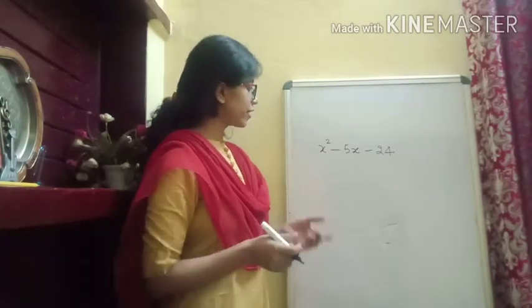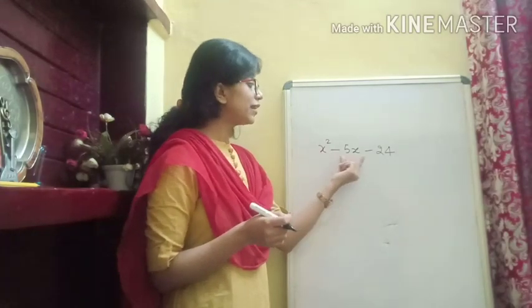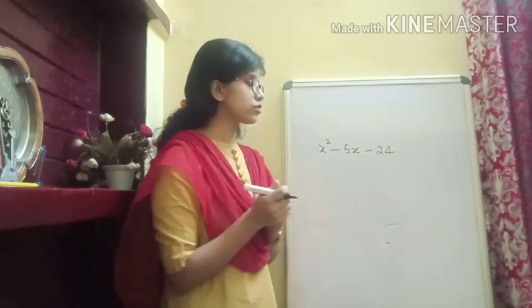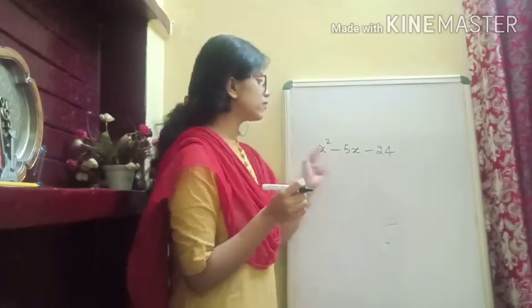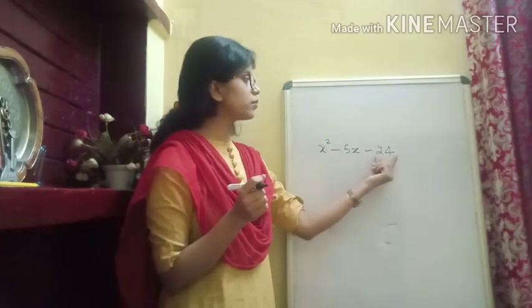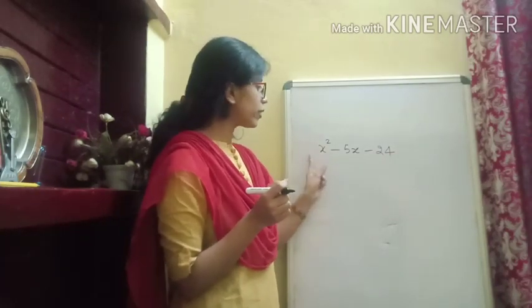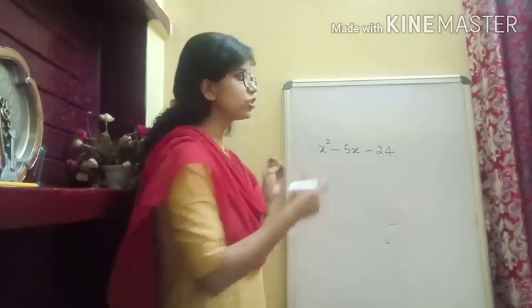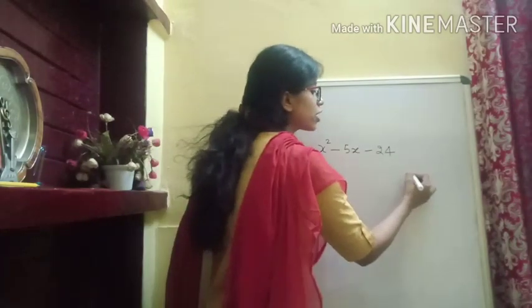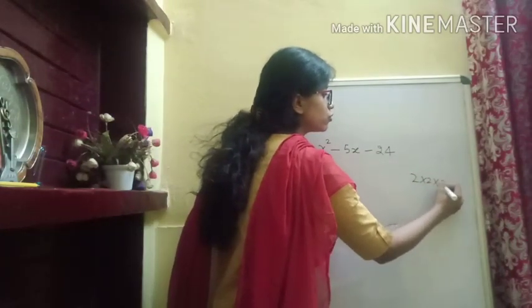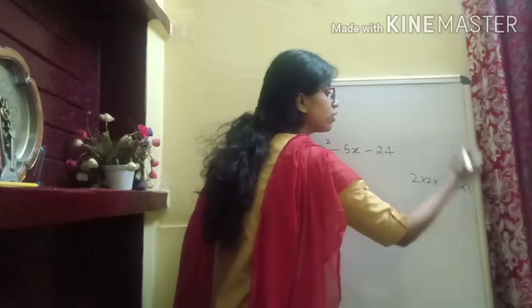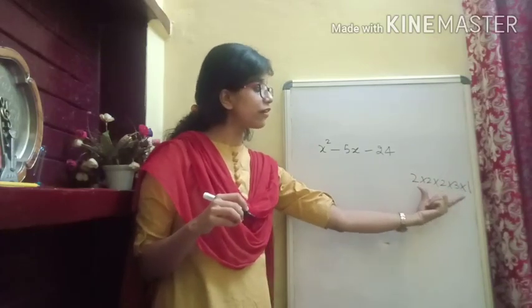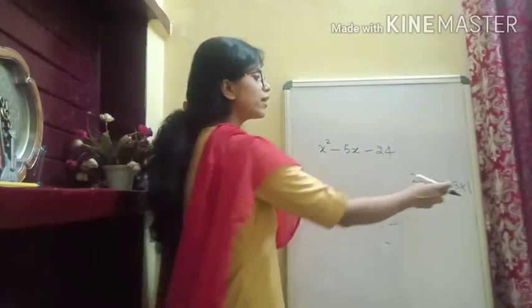Okay, here I have taken our next question, that is x square minus 5x minus 24. Another trinomial given. Now how to start? We will take the constant term and the coefficient of x square. Constant term is 24. Coefficient of x square is 1. 24 into 1 will be 24. You will write the prime factorization. You know how to factorize. I am writing here. It will be 2 into 2 into 2 into 3, and we take 1 always as a factor.